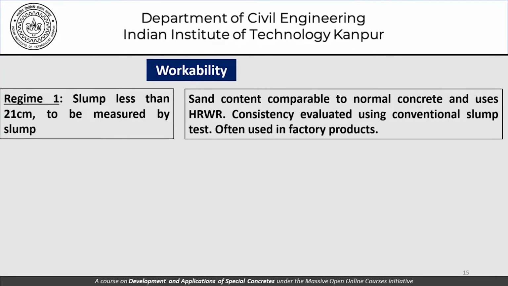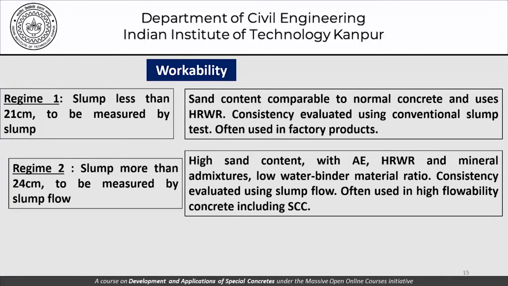factory products. There is another regime where the slump is more than 24 centimeters, and then we really need to measure slump flow. Now in this regime, the sand content is higher, and the concrete is characterized by a high cement content, use of air entraining or high range water reducers and mineral admixtures, and a low water binder material ratio. The consistency is evaluated using slump flow here, and this kind of concrete is often used in high flowability concrete